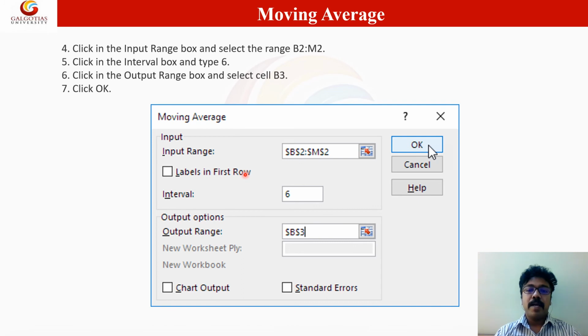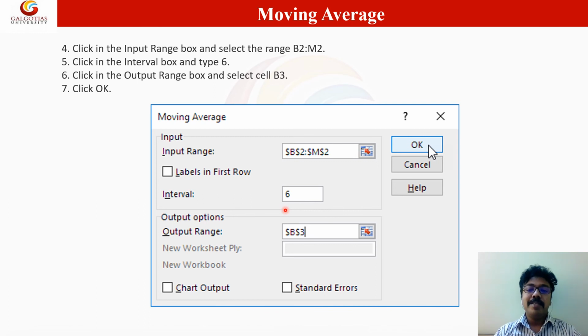So you have to select B2, that is column B, row 2, which has the value. The interval here is 6, so it will calculate the moving average for two sections, that is from 0 to 5 and from 6 to 11.